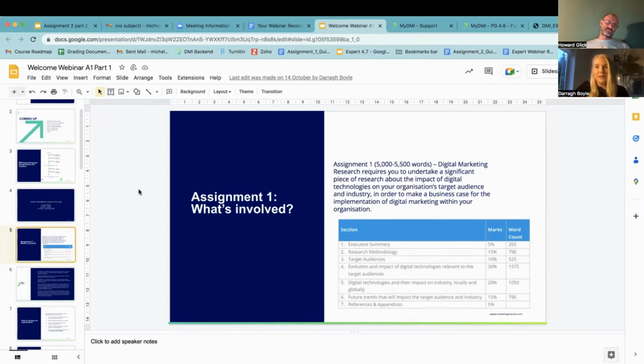So some of the things to keep in mind is think about how easy it's going to be for you to create a strategy in assignment 2 that will match your findings in assignment 1.